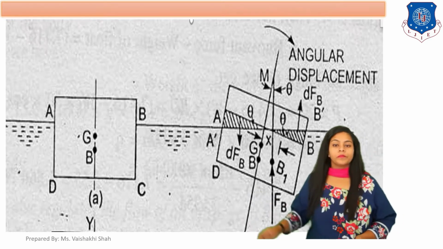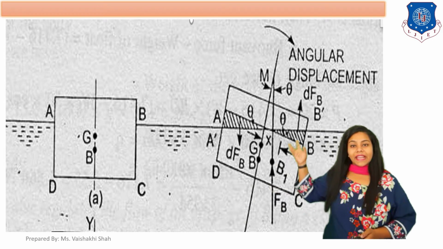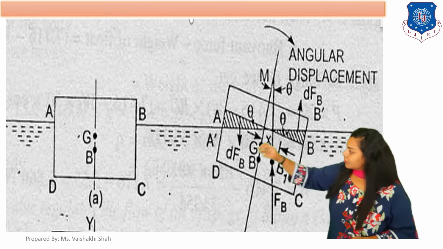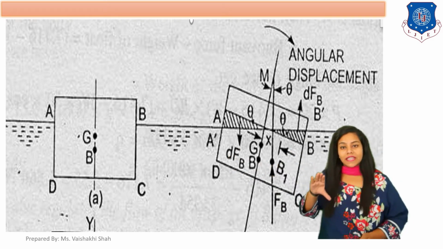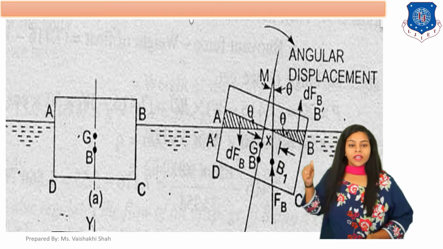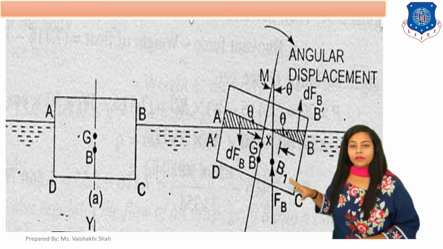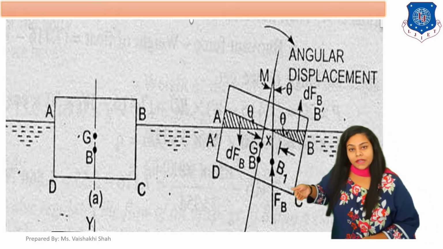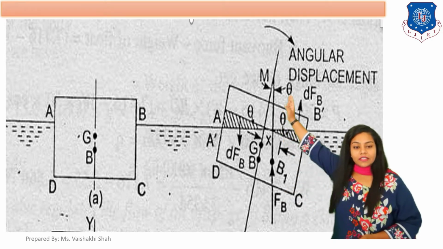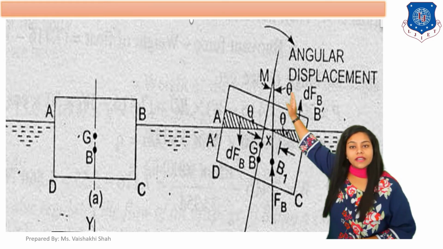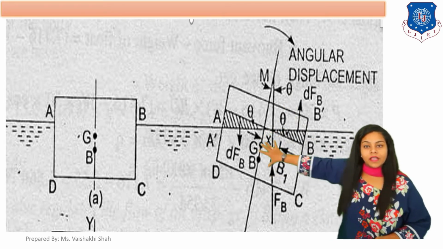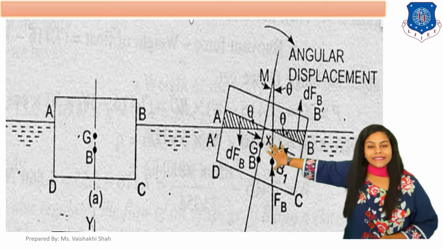Okay. Now, if you give some angular displacement to that rectangular block which is in equilibrium condition. In the first diagram, the block is in equilibrium condition, and the normal axis is vertical in direction. Now in this second diagram, you give some angular displacement, some angle, and your body is tilted at that angle, which is your angle theta. So you gave angular displacement to your body and your rectangular block is tilted.